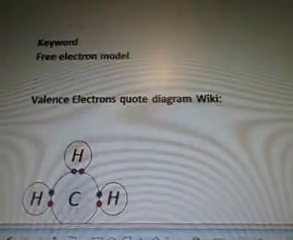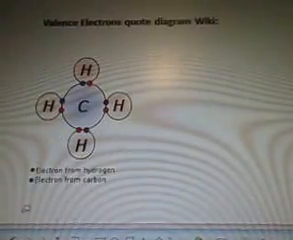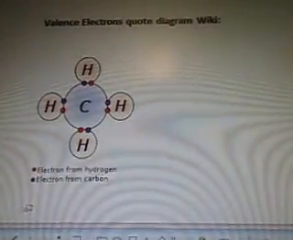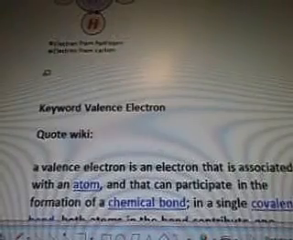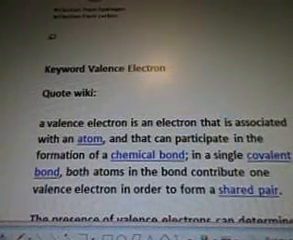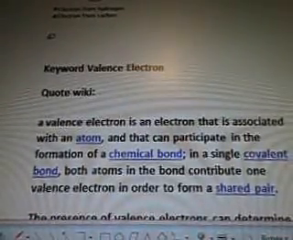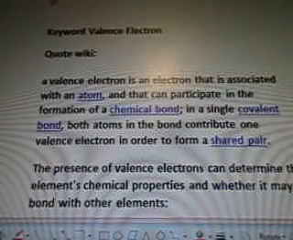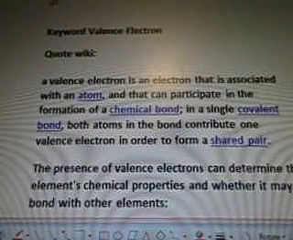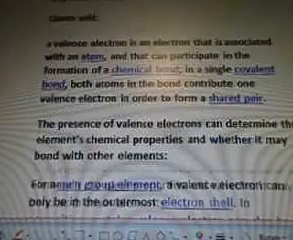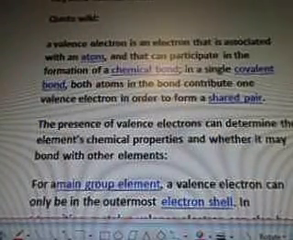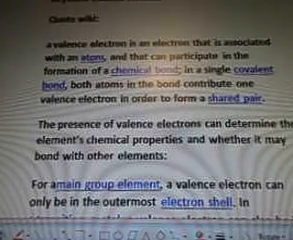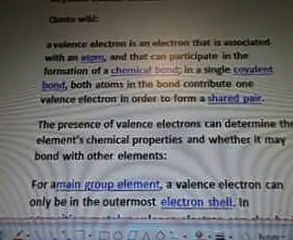And it says valence electrons, quote diagrams from Wiki. So it says electron from hydrogen and electron from carbon. So the red is the hydrogen one and blue is the carbon. So keyword is valence electron, quote from Wiki. A valence electron is an electron that is associated with an atom that can participate in the formation of a chemical bond. In a single covalent bond, both atoms in the bond contribute one valence electron in order to form a shared pair. The presence of valence electrons can determine the element's chemical properties and whether it may bond